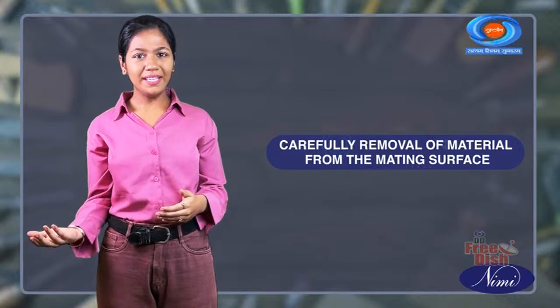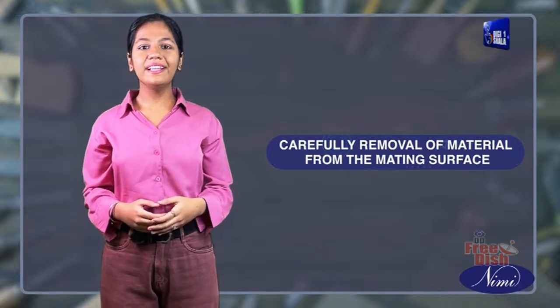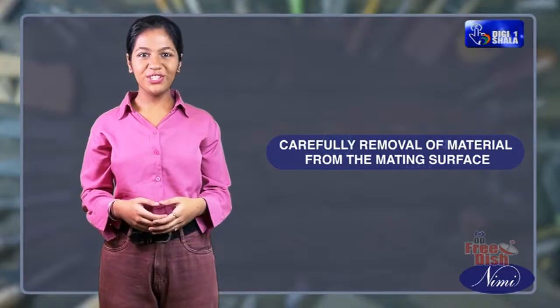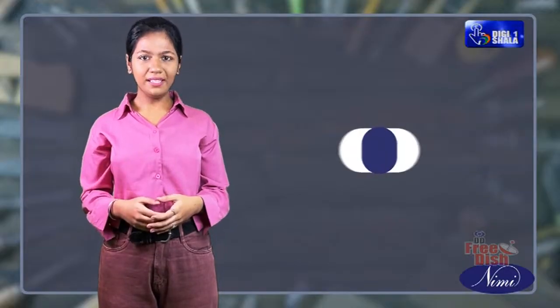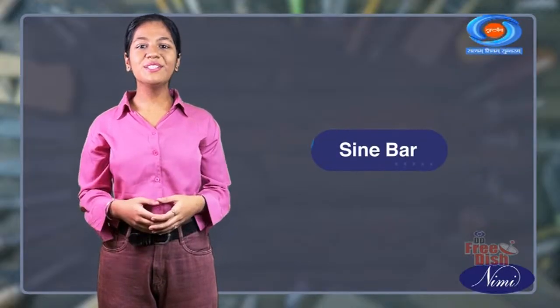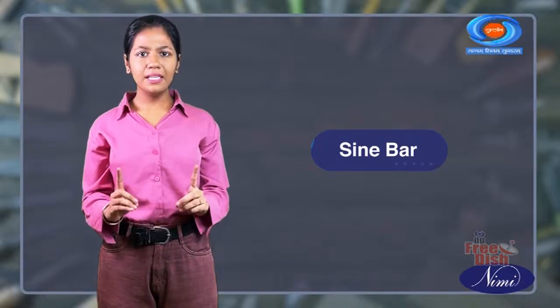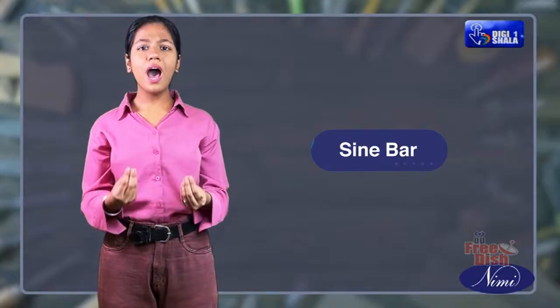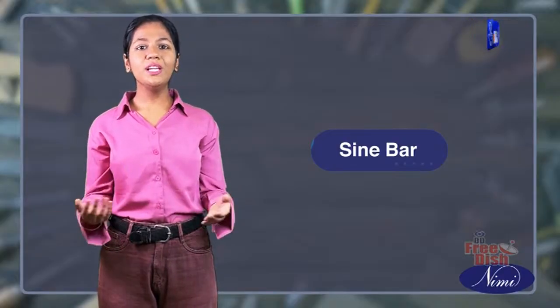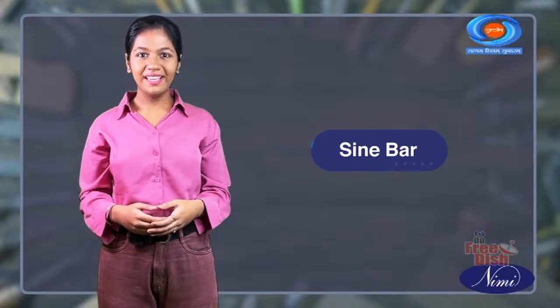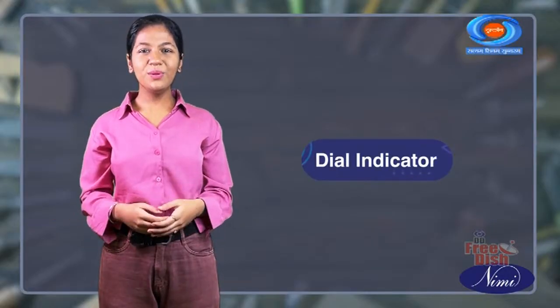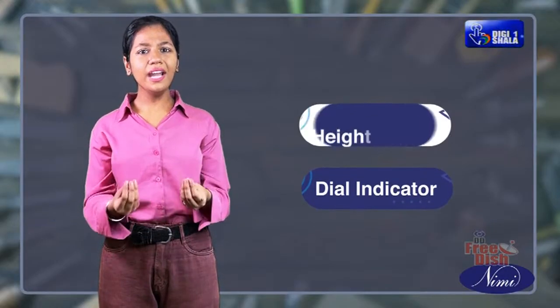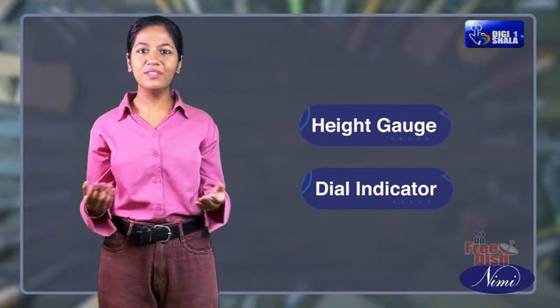Material from the mating surface to achieve the desired angle and surface finish. To check the angle of the mating surface, a sine bar is commonly used. A sine bar is a precision measuring tool consisting of a hardened steel bar with accurately ground parallel surfaces. It is used in conjunction with a dial indicator or a height gauge to measure the angle of the scraping